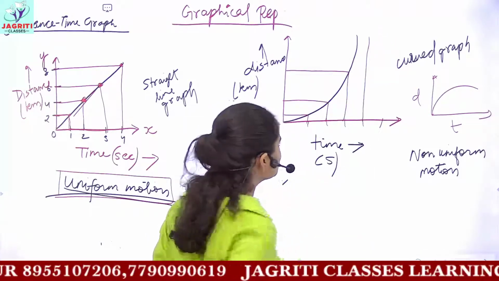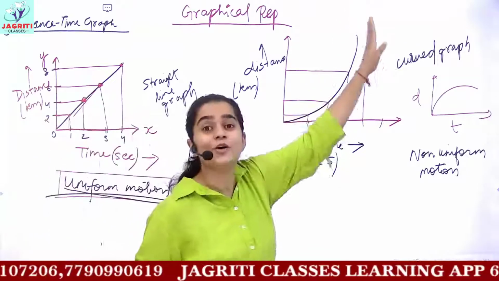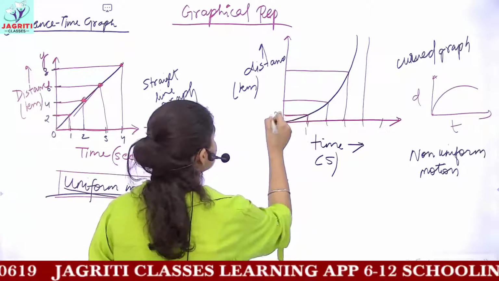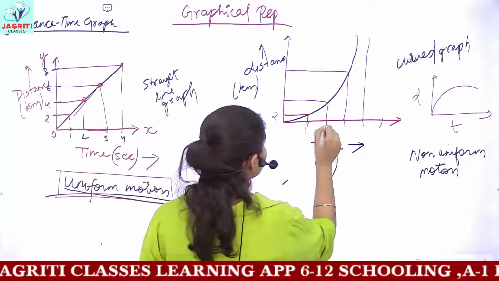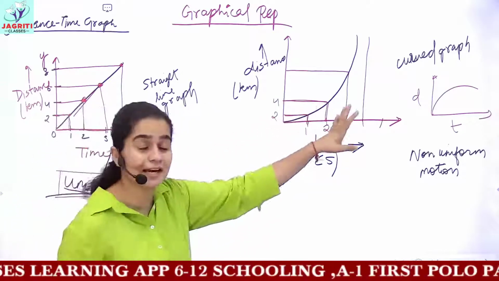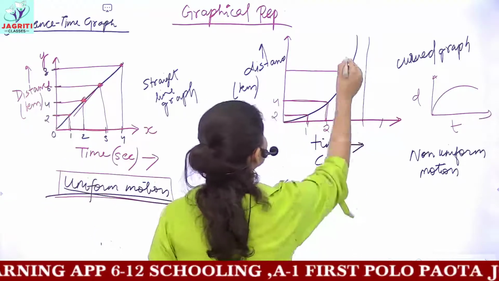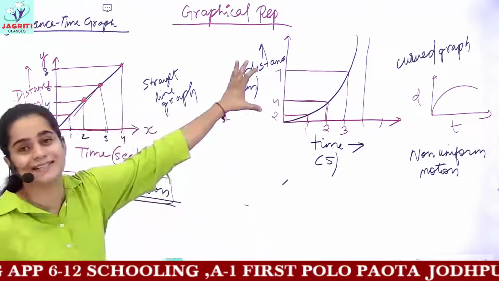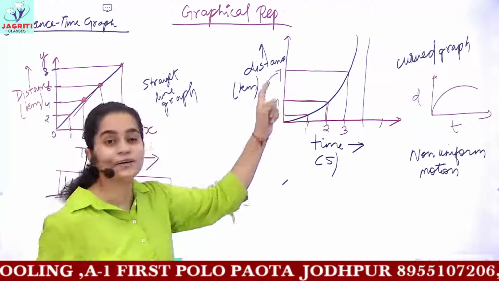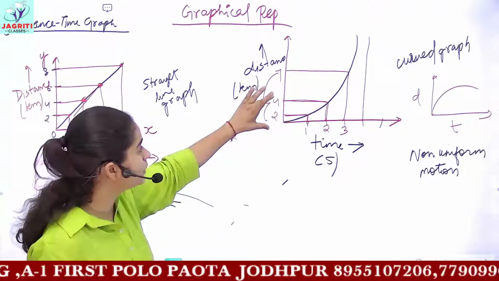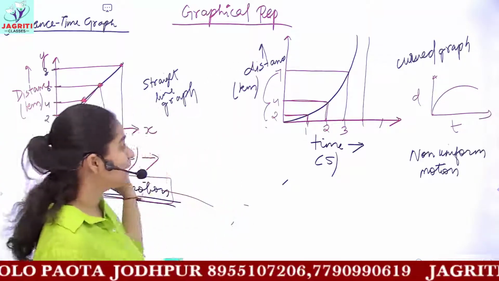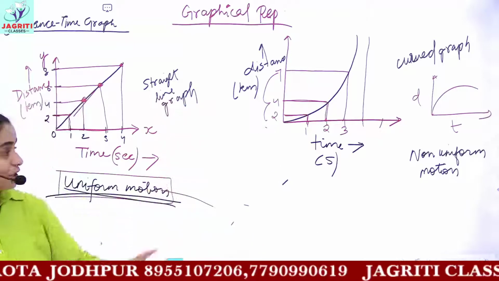So we say that in the first second, the object covered 2 kilometers distance, but in the next second, till here if we assume it to be somewhat straight, but here you would get that the object covered a huge distance that was not 2 kilometers. The difference between the 2-4 interval and the 4-7 interval is not the same, and hence we get these two kinds of distance time graph.